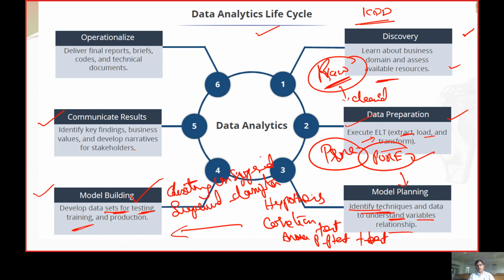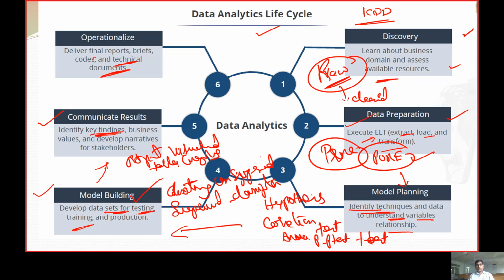After that, the next stage was communication skills: whether the findings were really meaningful, and whether the findings have really been communicated to the stakeholders. Output is visualized in the form of tables and graphs. The insights have to be given, so the key findings from the data should be narrated to the stakeholders. Finally, we need to make technical documentation, because the next people who use the model should be in a position to understand it.